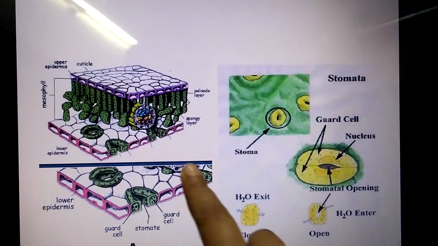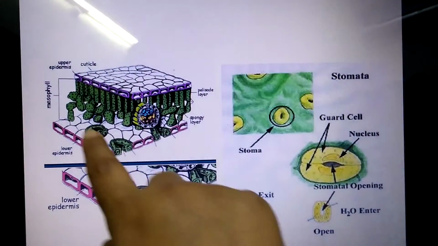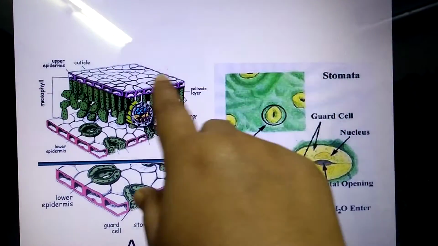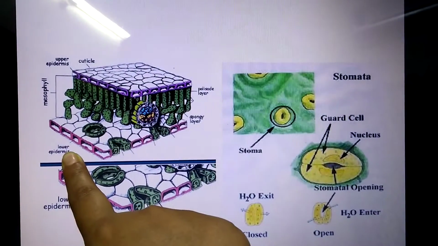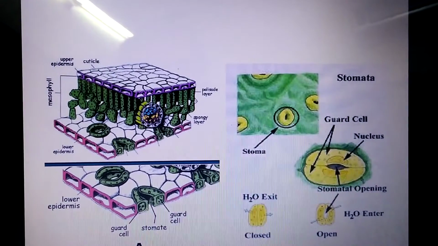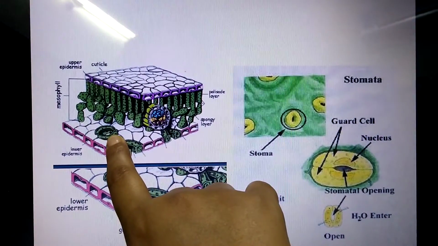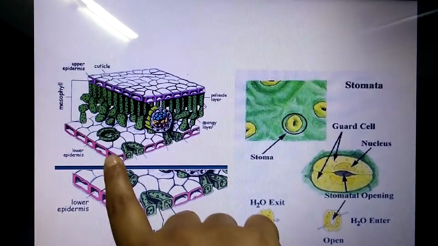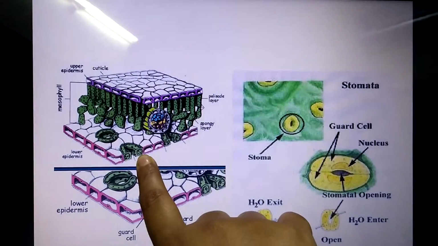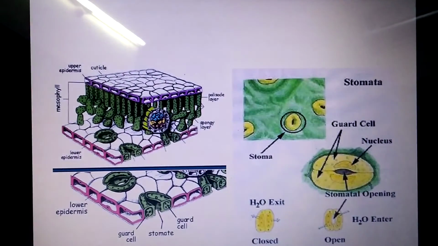These are basically present on the under surface of leaves. I am just showing all these mesophyll cells of leaves. It's the lower epidermis of the leaves, and you can easily make out on the lower surface, lower epidermis, these are the stomatal pores, guarded by these guard cells. Here a cross section of it is shown. यहाँ पे cross section दिखा रहे हैं हम आपको. ठीक है, and this is how these guard cells function. Okay.